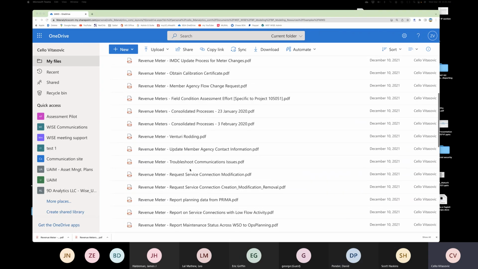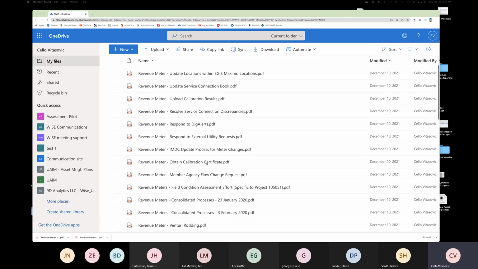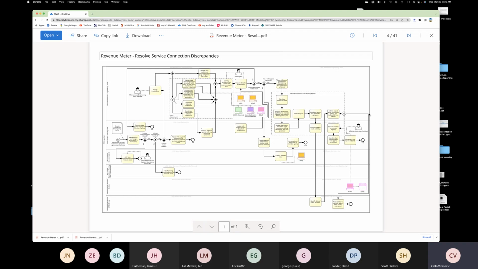And they all have to do with revenue meters and different processes associated with revenue meters. So to make where the rubber meets the road, we would probably go to a more detailed level. So I agree. If we take the higher level model that you have and then start breaking it down hierarchically, I can show you some examples of, for example, resolve service connection discrepancies, and then go into a fair amount of detail on